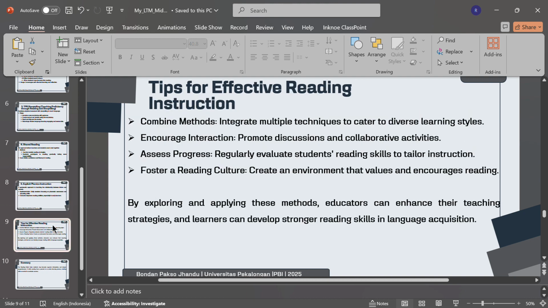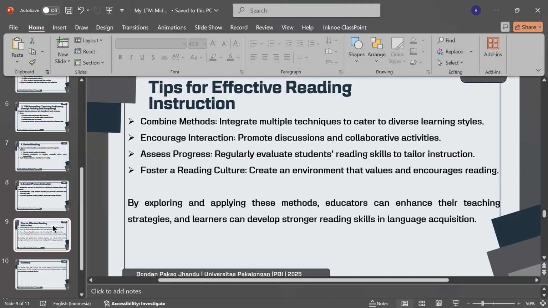Okay, next is tips for effective reading instruction. There are 4 tips. The first is combine methods, which is to integrate multiple techniques to capture diverse learning styles. And the second is encourage interaction, which is to promote discussions and collaborative activities.